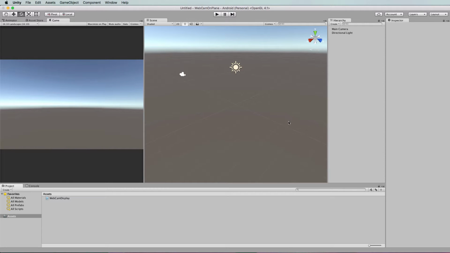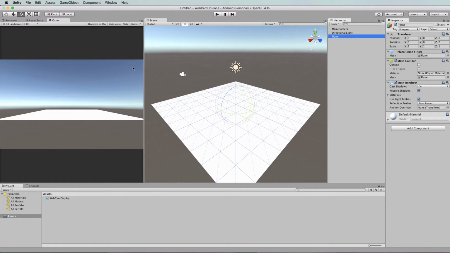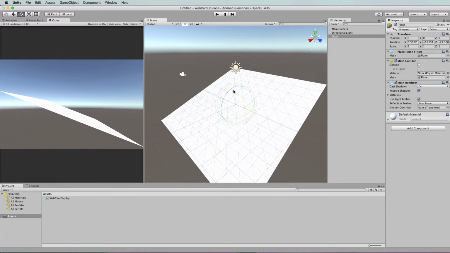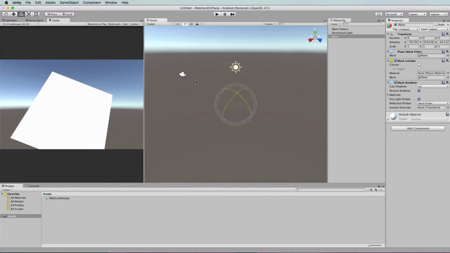First thing, we'll need a plane to put the feed onto. So in the hierarchy, we'll right click, 3D object, and create a plane. Now I've got a 3D world going on here, and you could easily do this in a 2D world as well. So let's just orientate this plane around so I can see the textured side